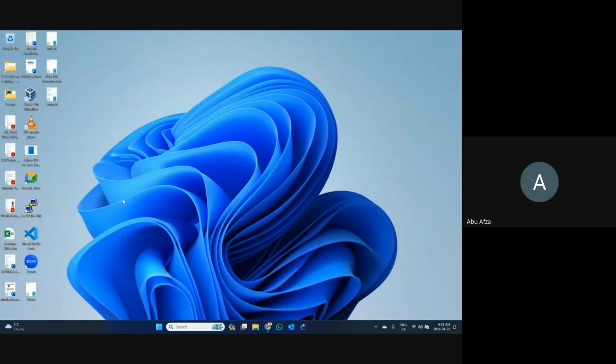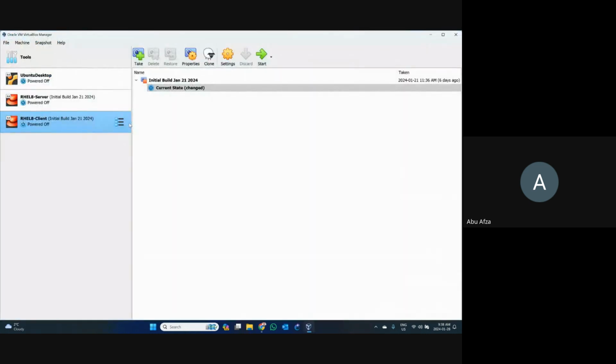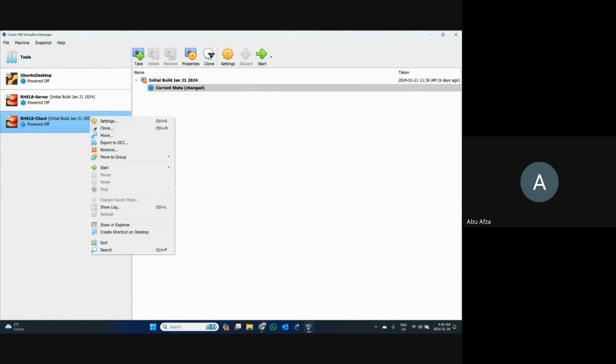Okay, let's start with our operating system. Where is the VirtualBox? Here it is. I did not configure it in the server, so let's start from the client. For the first time I need to start it, otherwise I cannot connect with the server.